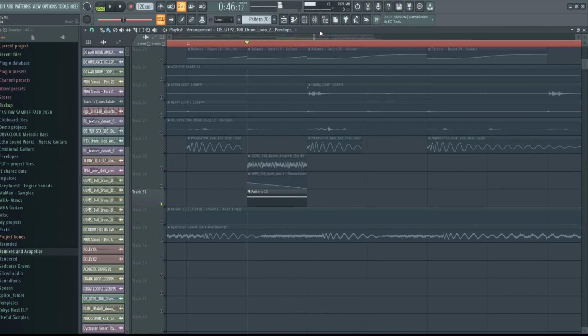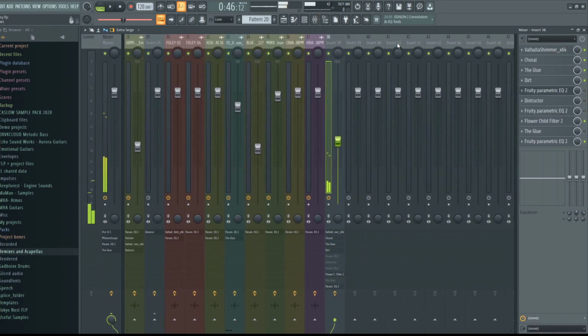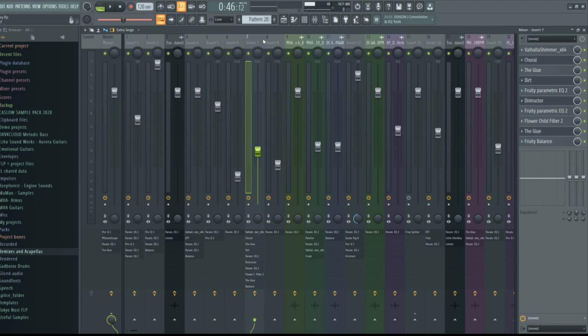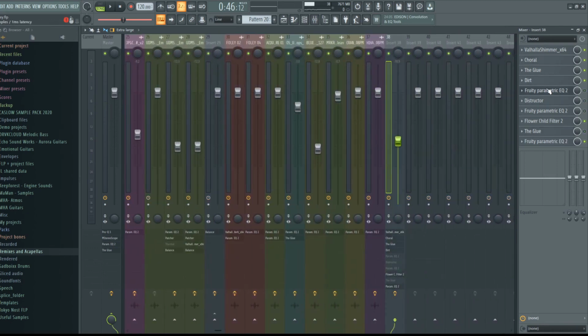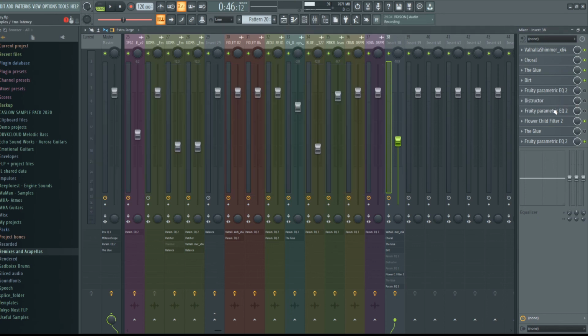Piano sound. Where is it? It's over here. Pretty sure that... oh, it actually is. This is the same FX chain that I used for the trumpet. Here, this is the same. I just turned off some of the effects, like the destructor, and Lost Glue, and the parametric EQ,